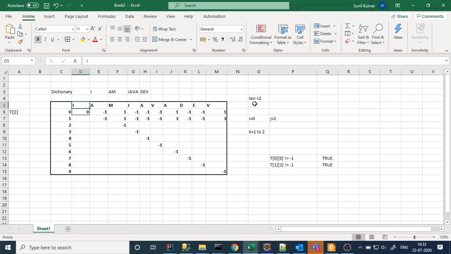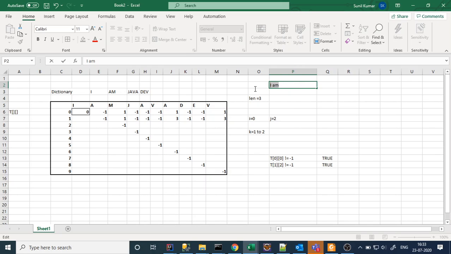Similarly, suppose length equals 3, then this will be "I am". This substring is not present. But whenever we divide this substring, then "I" and "am" is present, right?